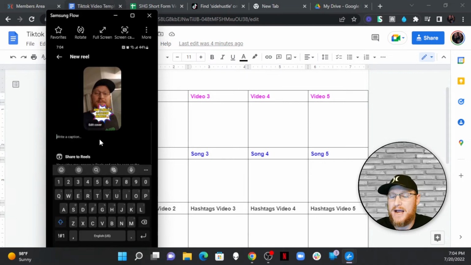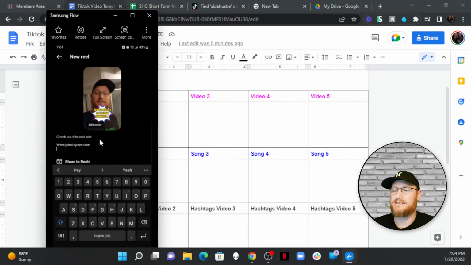Now you can write a caption, and I'm going to show you how I write my captions for Instagram. I'll just put something like, check out this cool site, and I'll enter the website in there, whatever domain you use. And then I like to add some space in here. So what I'll do is I'll go down to the next line, I'll put a bunch of periods, and I'll add follow,